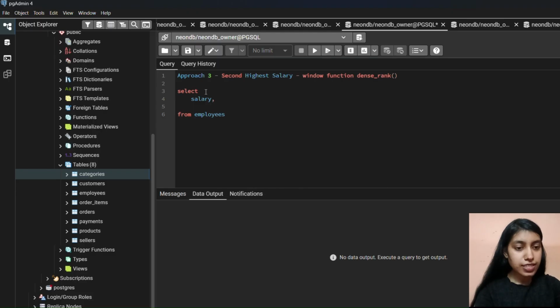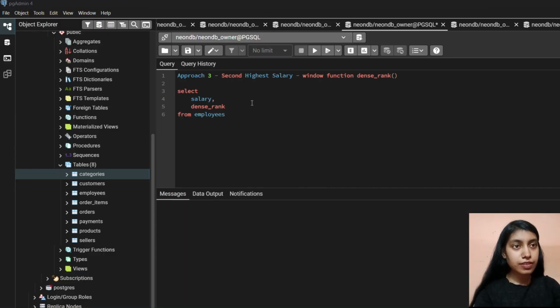So dense rank, dense rank over, this is the syntax of window function, over what? Order by salary descending,